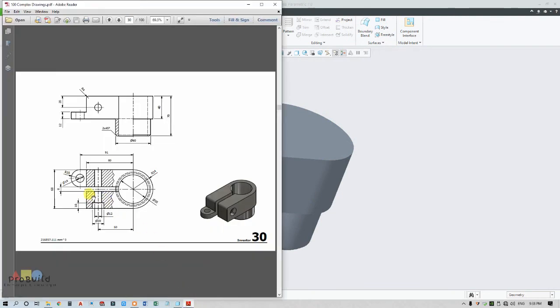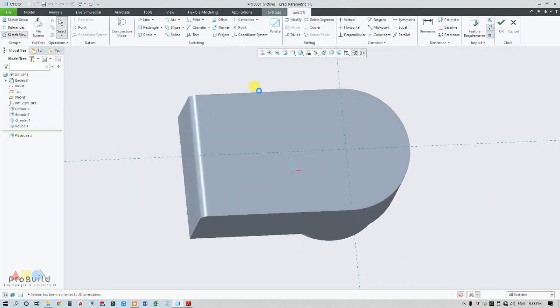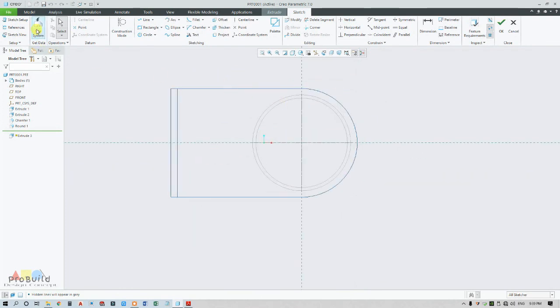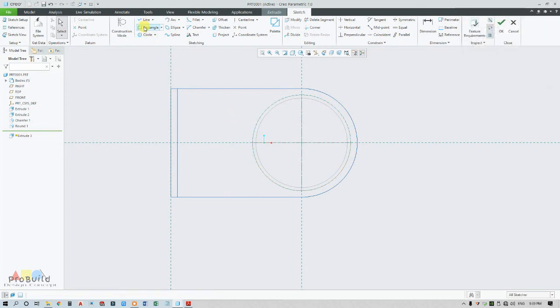Now I need to take a slot. It's a symmetrical slot and it is 8 mm actually. It's going all the way down, so select the surface, go for extrusion, change this to hidden line and take this circle as my reference. Now I'm going to draw a corner rectangle.